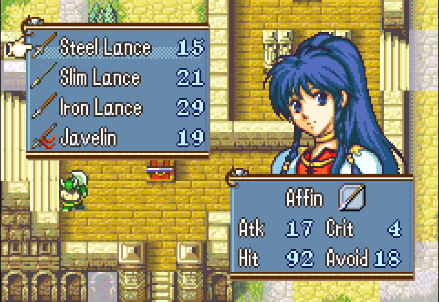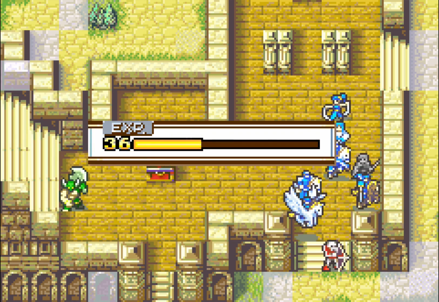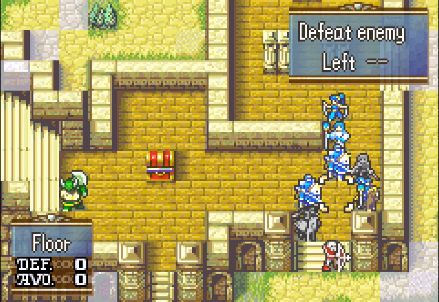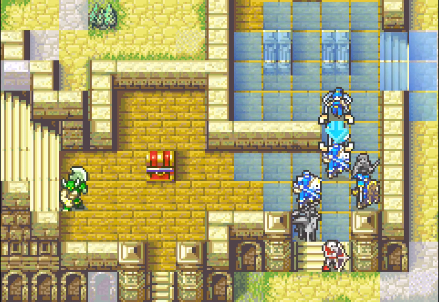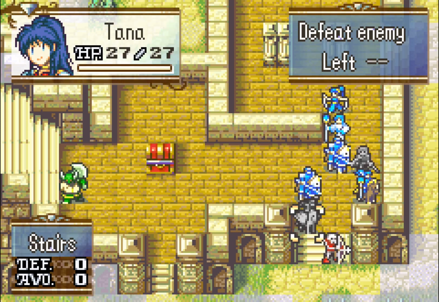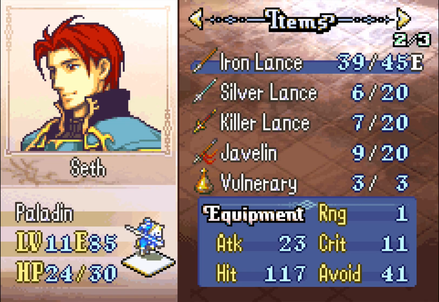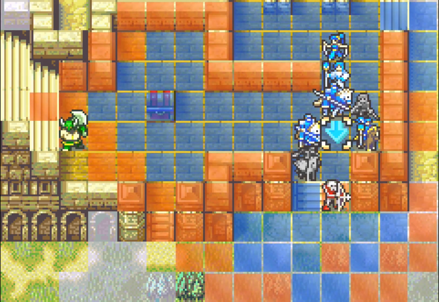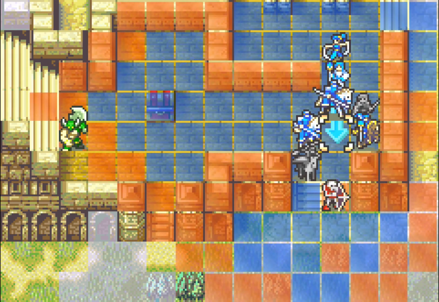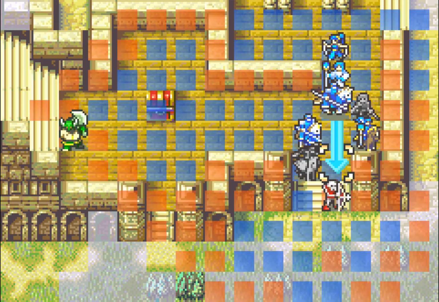Tana can certainly finish off this guy. Nice. Oh, we can dance for Lurachelle. Why didn't I think of that? Okay. So if we can enemy phase the guy out here, which I don't know that he will let himself be so treated, but maybe. Oh, but this guy...